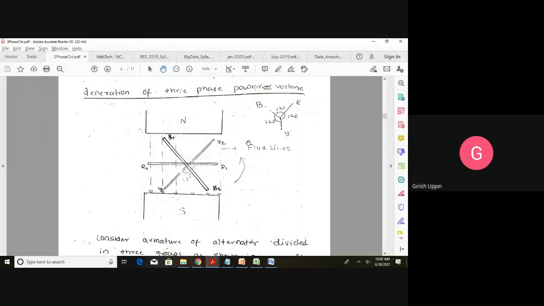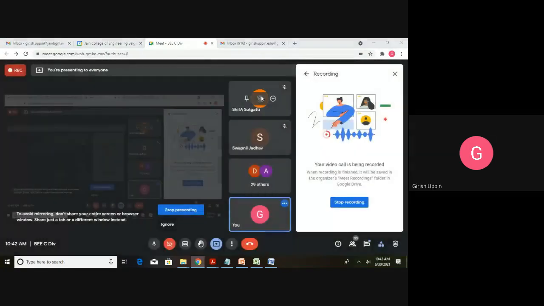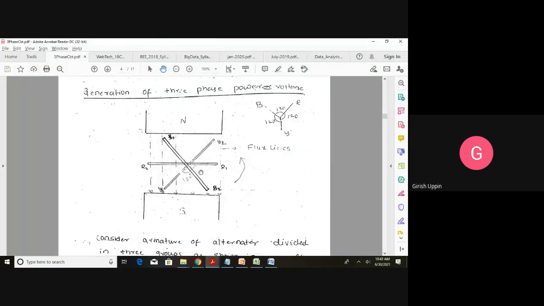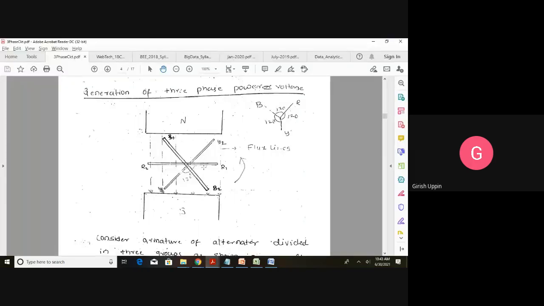We will have three sets of coil, R1, R2, that is the first phase, first coil, that is called as a R phase, and we will have Y1, Y2, that is a Y phase, B1, B2, that is the B phase, indicated by red, yellow, blue. Now, if you see the Y1 is placed 120-degree apart and B1 coil is placed 240-degree apart with respect to the R1 phase.